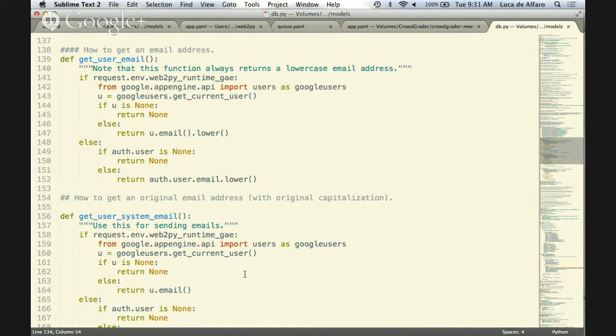For example, on CodeGrader, since I'm the site admin, I can see all the assignments, not only mine, because I need to be able to know what's going on in the site. So I have this function called isUserAdmin, and my code in many places contains: if it's user admin, then do this and that, and show this information to the web pages and do various stuff, okay? So db.py is, again, the place where you need to do this kind of thing, okay?